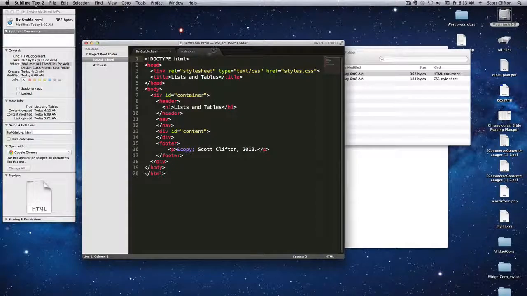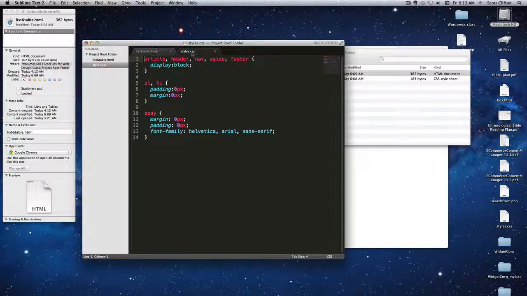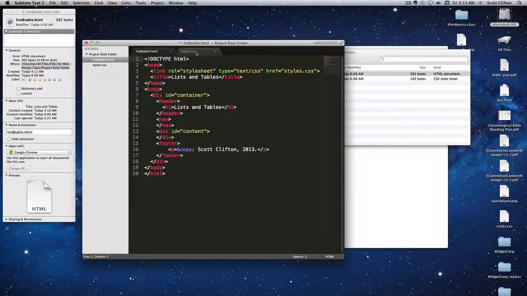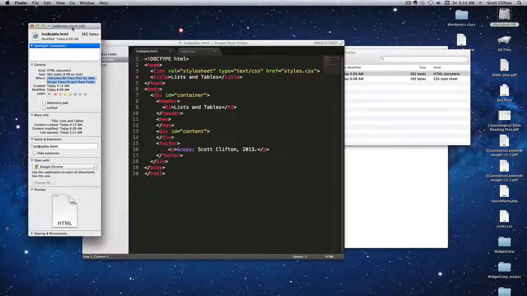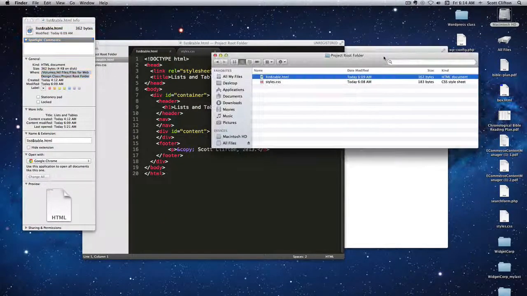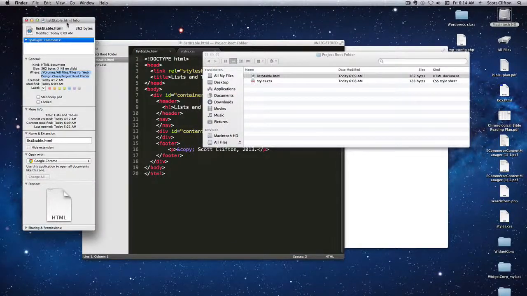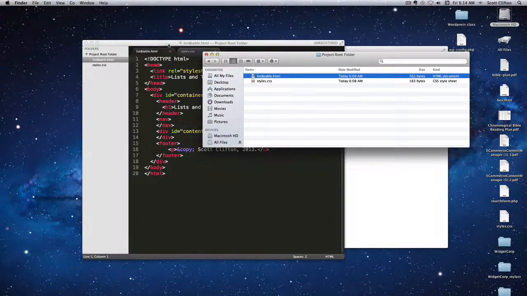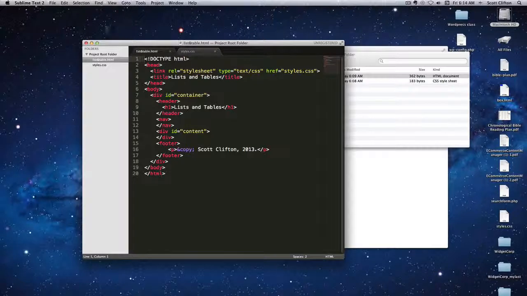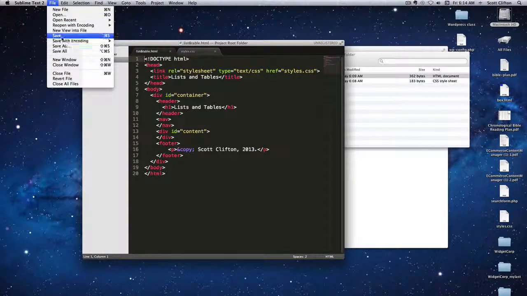I've already created them and called them .html and .css files. And you can see I have a basic outline for pretty much any website that I start creating, which focuses on these aspects. Anytime you want to save it, you can also use this project folder info tab if you need help navigating to it. Because when you finish your list and table.html, or say you start it and you want to save it, you go to File, Save,